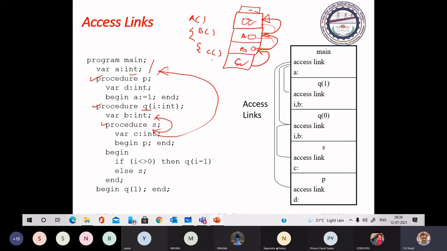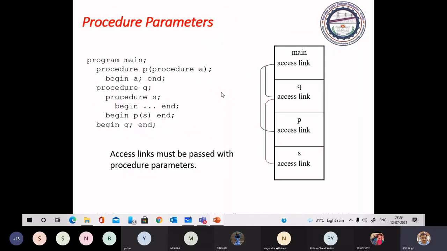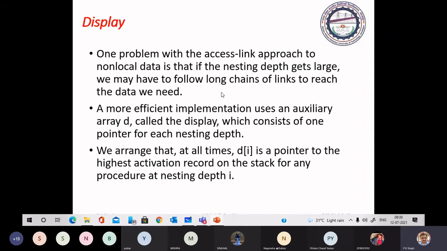So another technique is introduced for accessing variables, that is called display. Display is, you may say, an array.